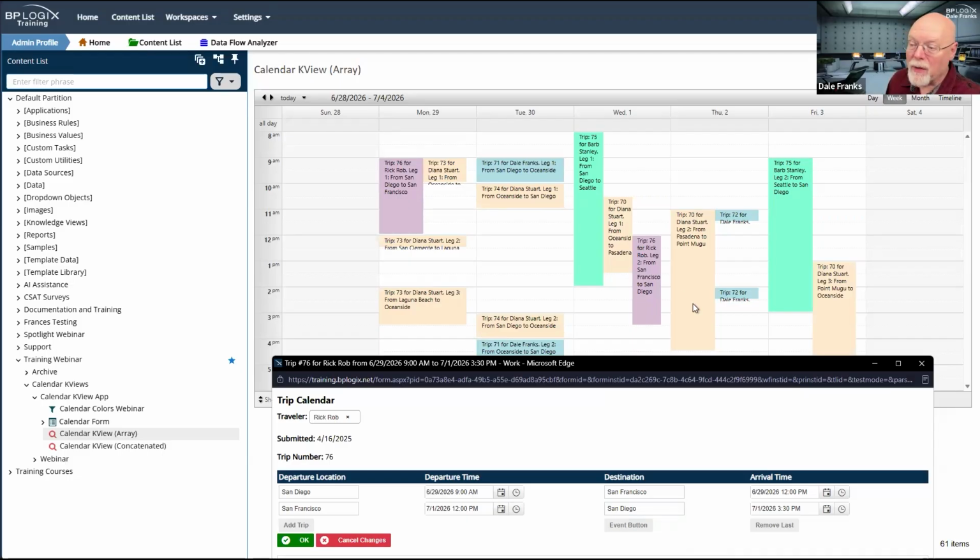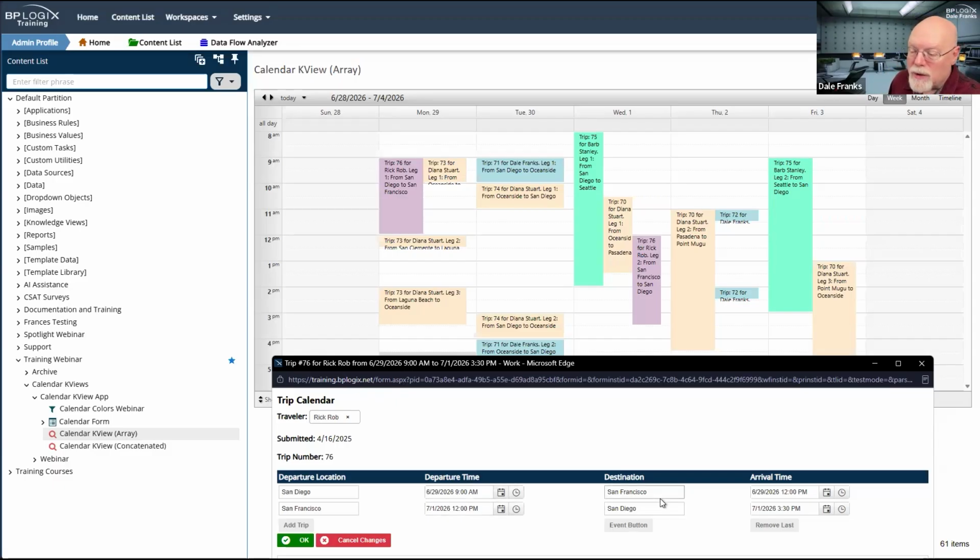So clicking on either one of these two legs will open the form that we are seeing now. And so these are the form fields: my departure time, my arrival time, and of course the name that gets concatenated from the user and the trip number and all of that, which is, by the way, the form name, which you can see right up here at the top, trip number 76 for Rick Rob, et cetera.